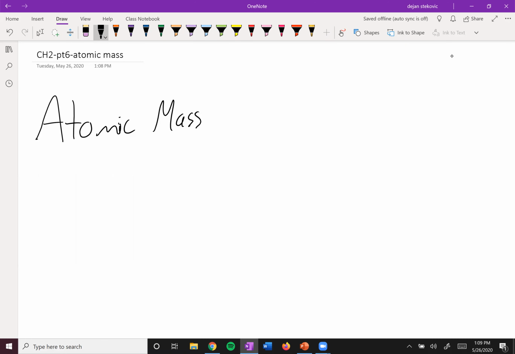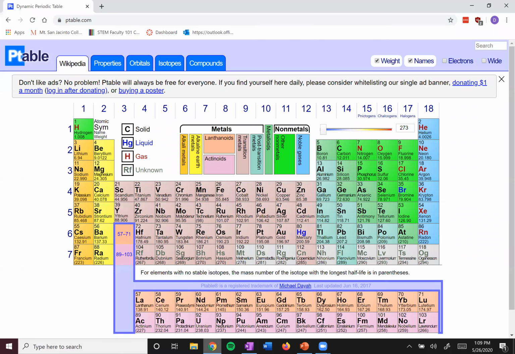All right, so next up is atomic mass. How much does an atom weigh? And so again, we can pull this information from the periodic table. If we look at nitrogen, you see the number below is 14.007. That means that a nitrogen atom weighs 14.007 AMU. Oxygen, 15.999. Fluorine,